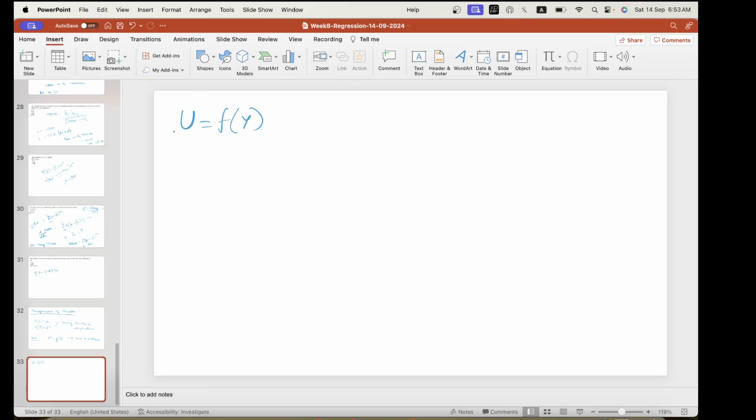Let's say f of y is that transformation, so we need to fit that in the model such that the usual good assumptions and nice properties all hold. Now using Taylor series approximation,